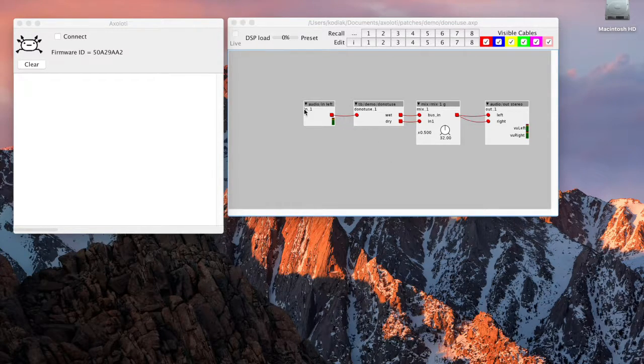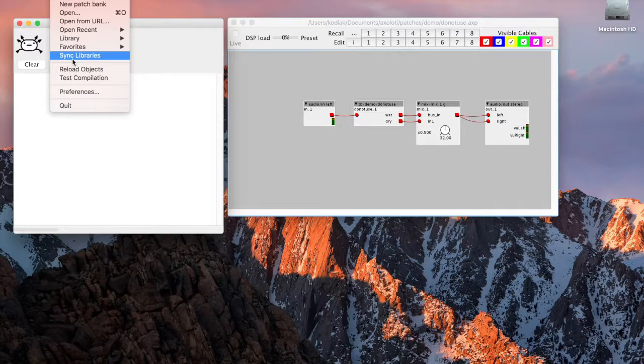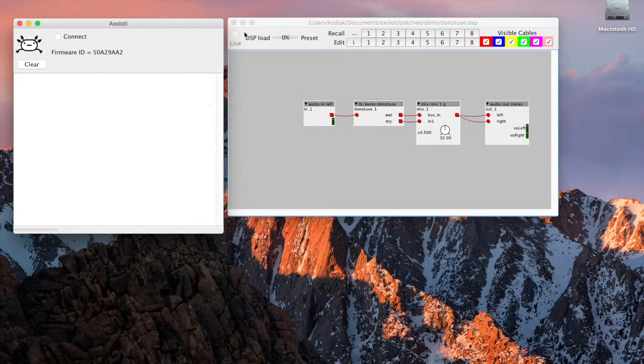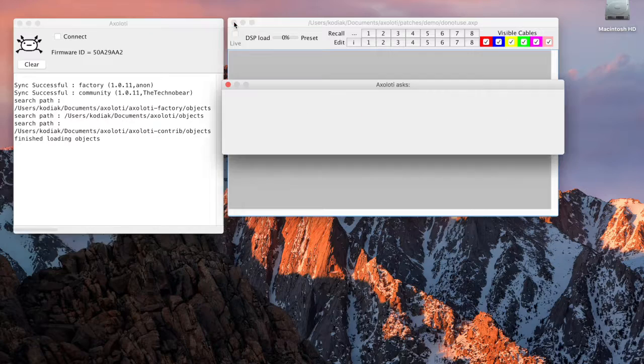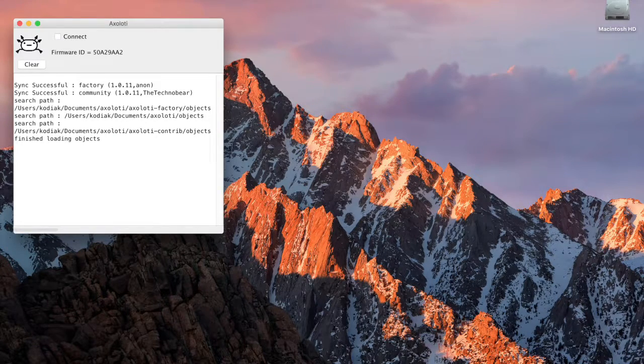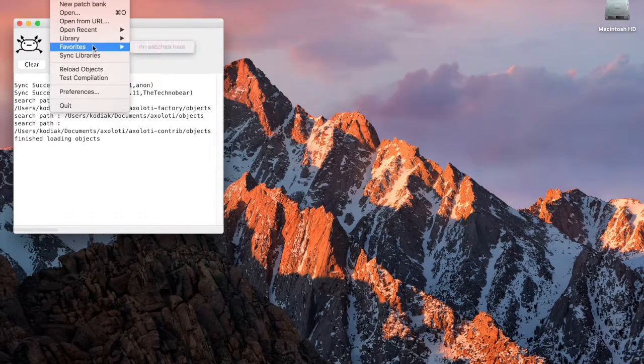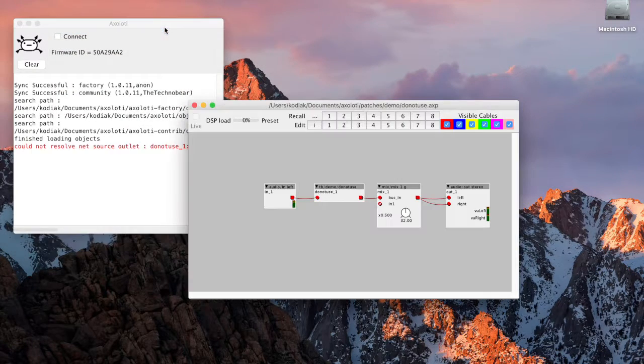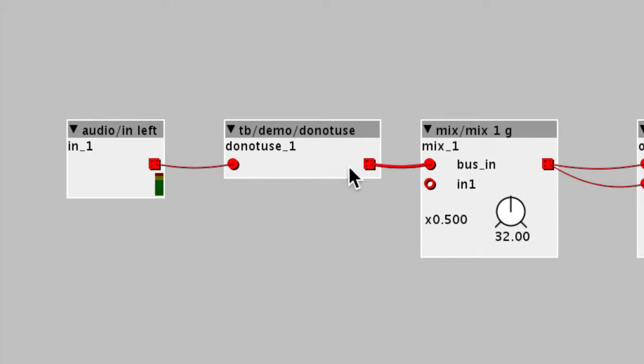Now what we're going to do is, at this point, I'm going to pretend that this has been committed by another user, and I then come into Axoloti and I do a sync libraries. So I go and get the latest copies, and then when I open up this existing patch, we suddenly see that my patch has changed. And we can see here now that the do not use has only got one outlet,